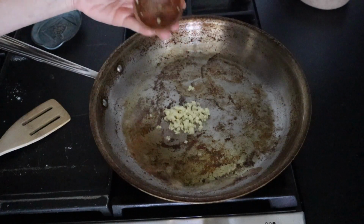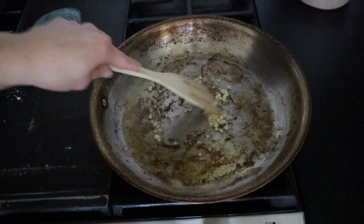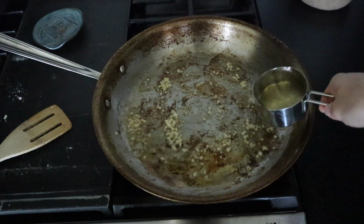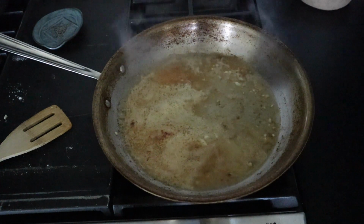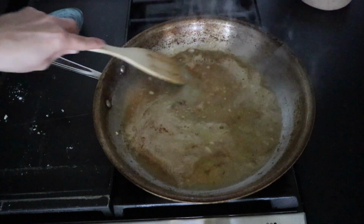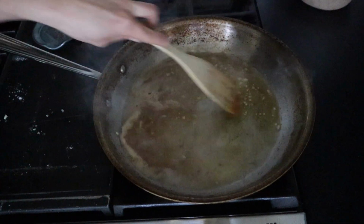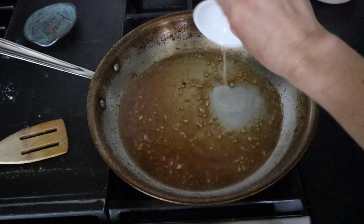For the white wine sauce, we're gonna use the same skillet that we've been using, and we're just gonna add 2 cloves of minced garlic, and we just wanna toast this for about 30 seconds to a minute until it's nice and fragrant. Then we're gonna pour in our Chardonnay, and we're gonna cook this for about 2 to 3 minutes, and you wanna use a wooden spoon to scrape up the brown bits on the bottom to get the ultimate flavor. Then we're just gonna add in some lemon juice